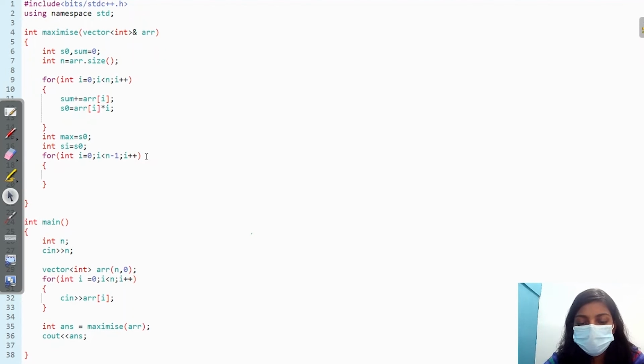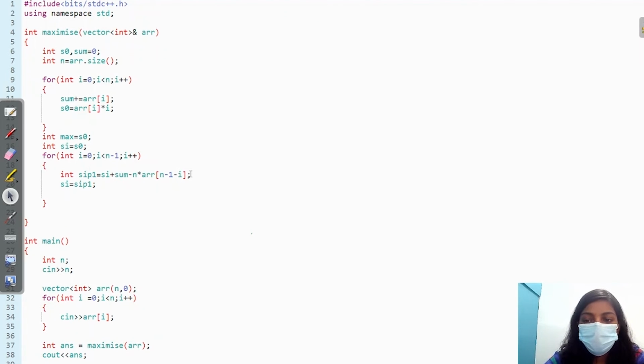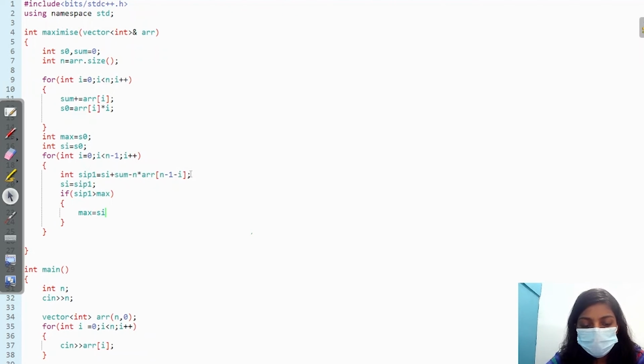My S of I plus 1 will be equal to S of I plus sum minus n into ARR of n minus 1 minus I. Now my S of I plus 1 will become my S of I. And I'll check if my S of I plus 1 is greater than my max, so update my max to S of I plus 1. And return